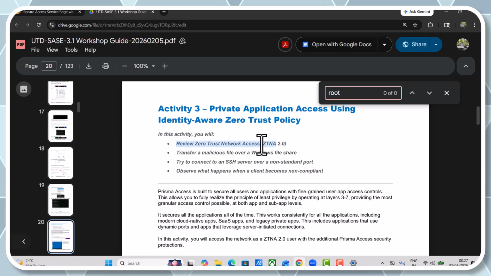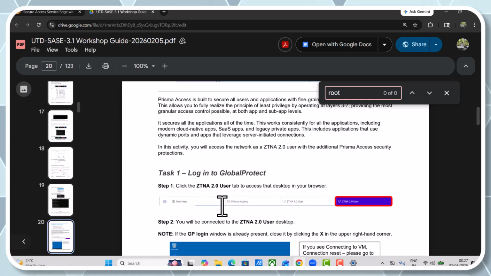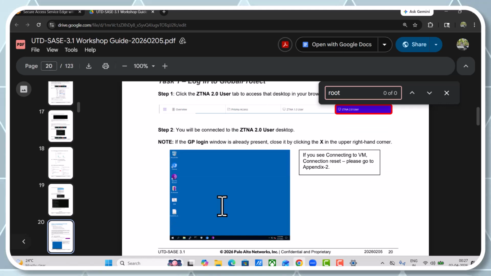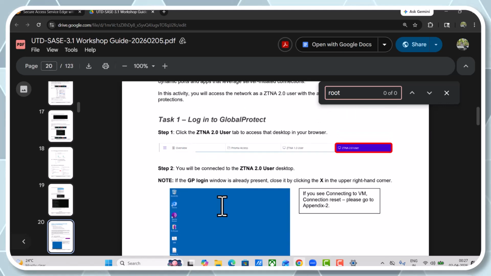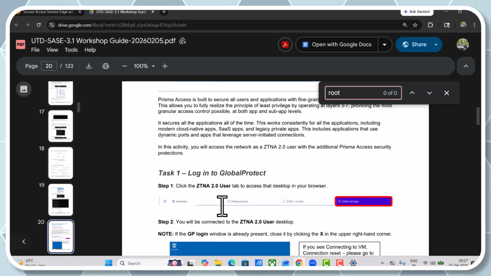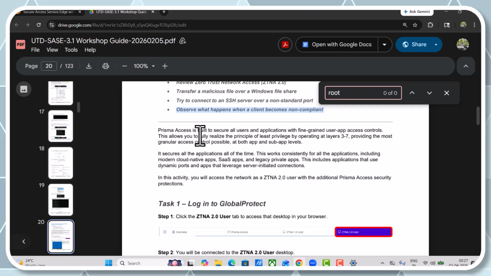Review zero trust network access: transfer a malicious file over Windows file share, try to connect to an SSH server over a non-standard port, and observe what happens when the client becomes non-compliant. So this we have done basically. Now it says click the ZTNA 2.0. So Prisma Access is built to secure